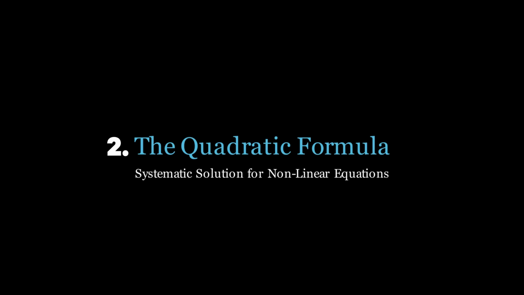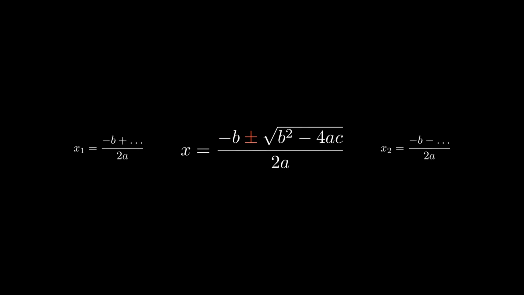The quadratic formula provides a systematic solution for finding unknown variables in nonlinear equations. It is used to solve equations in the form ax squared plus bx plus c equals 0. Here, x is the unknown variable, while a, b, and c are fixed numerical coefficients. The formula includes a plus-minus symbol, indicating that the operation splits into two distinct calculations, typically resulting in two valid